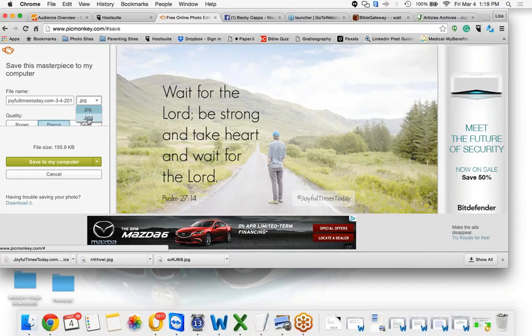Okay, you want to always save it in a PNG, not a JPEG, and the reason for that is we found when you save it in a JPEG, the words get kind of fuzzy, they're not as crisp. So save it in a PNG,